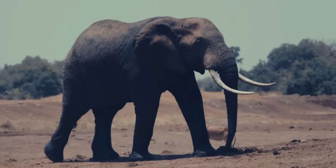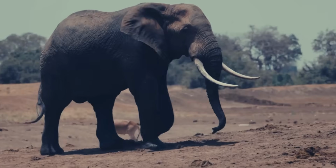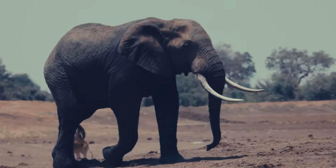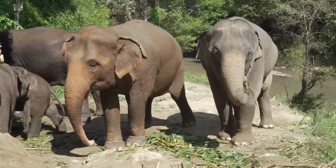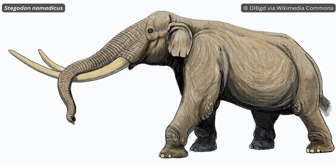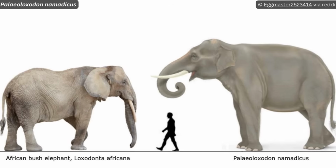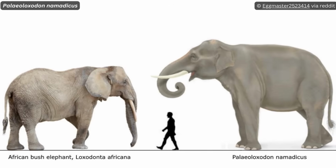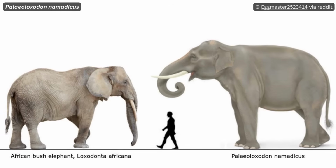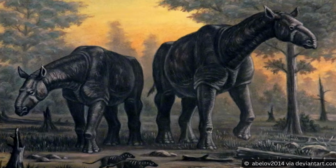The African savanna elephant is the largest living terrestrial animal. But did you know that the first humans in India encountered an elephant more than twice its size? Alongside the extant Asian elephant lived two other proboscideans, Stegodon pneumaticus, and possibly the largest land mammal that ever lived, Paleoloxodon pneumaticus, the giant straight-tusked elephant. Its only rival for heaviest land mammal ever was Paraceratherium, though that behemoth went extinct at least 20 million years